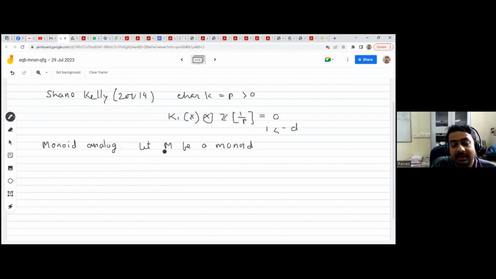Only thing we don't demand is that every element may have an inverse. So by definition every group is a monoid, but every monoid may not be a group, because we don't demand that every element has an inverse, and in our situation we'll be assuming a monoid to be commutative